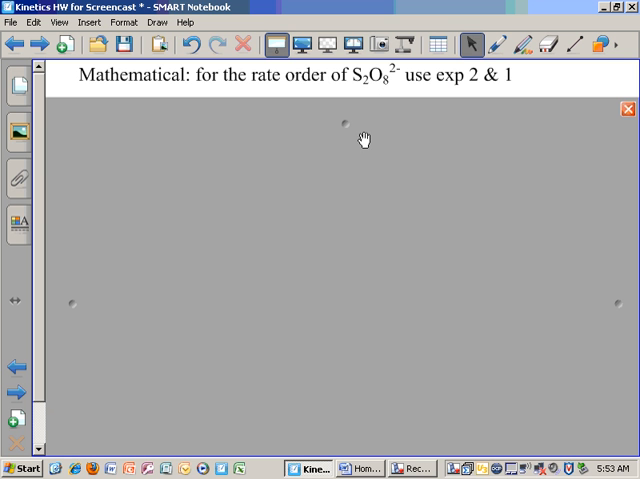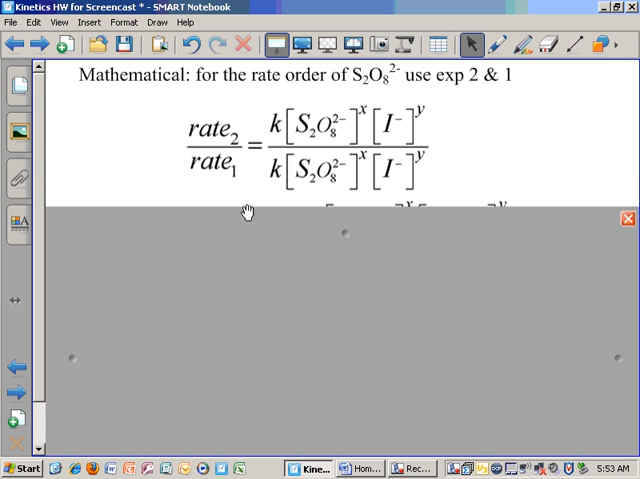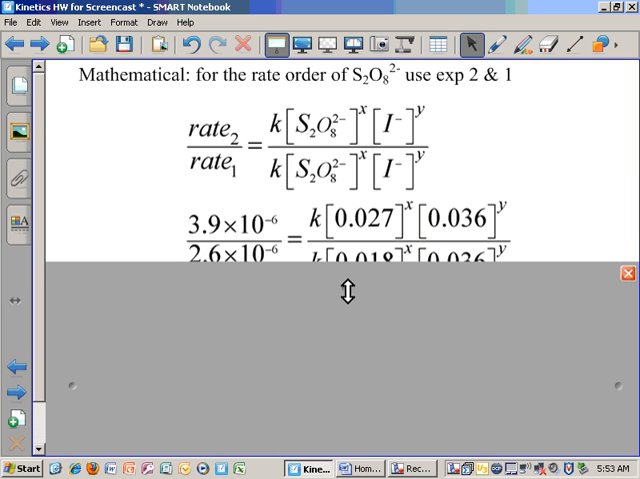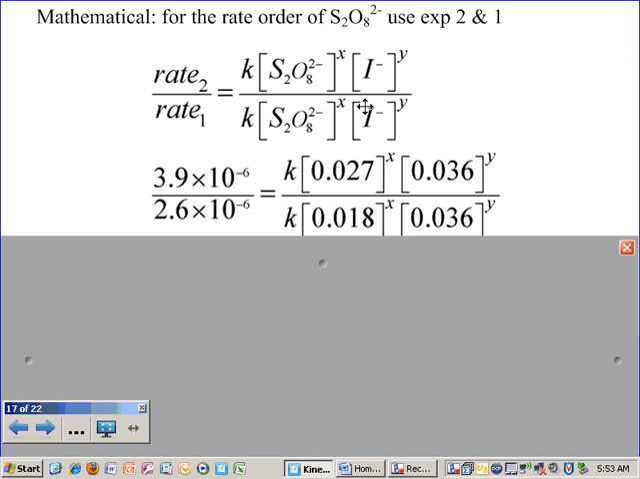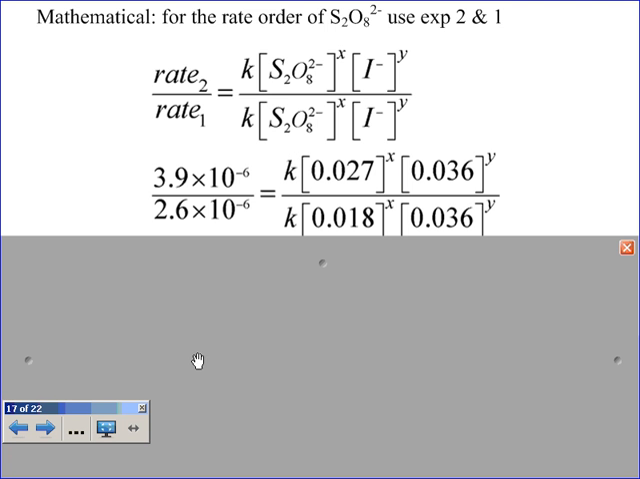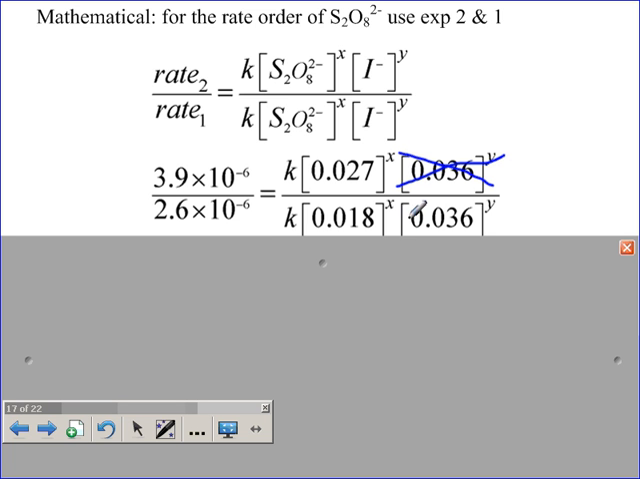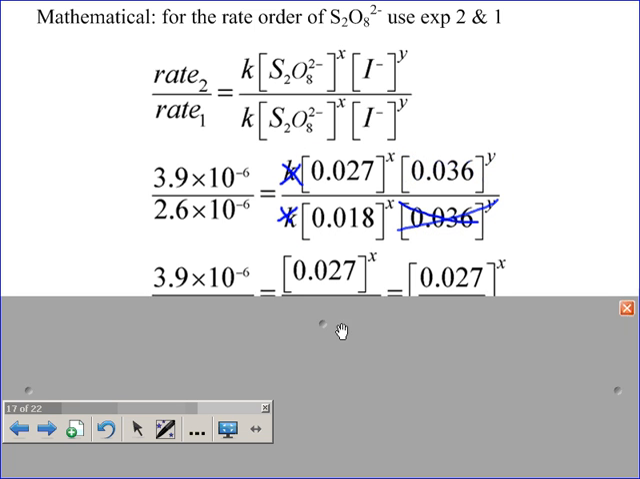S2O8 2-, which again is peroxydisulfate. So using experiments 1 and 2, putting 2 on top because that's going to give me a positive number, I end up with these rate laws, and conveniently my iodide concentration cancels out. So I'm left with